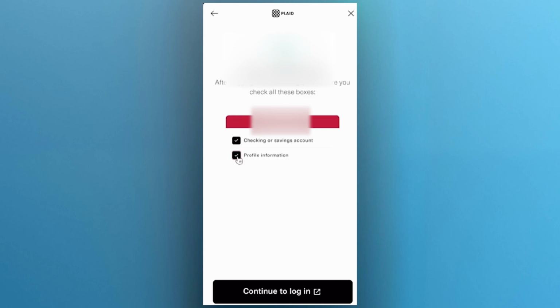When I check both of these buttons, it will show a continue to login button at the bottom. When you click on this button, it will instantly open up your bank's login page where you'll have to enter your bank's username and password, then click on the sign in button. After you sign in using your bank account, you will see your bank account added to this payment method section. By following these steps, you can easily add a bank account to